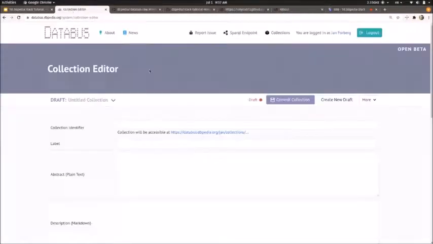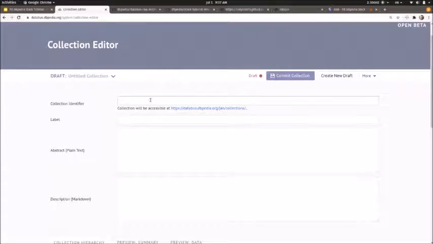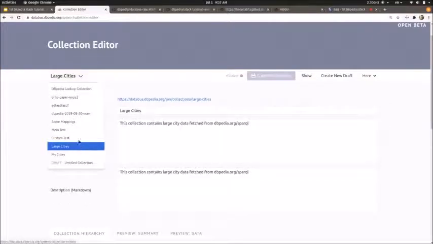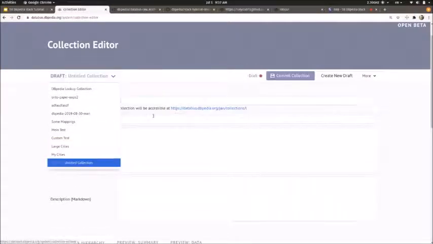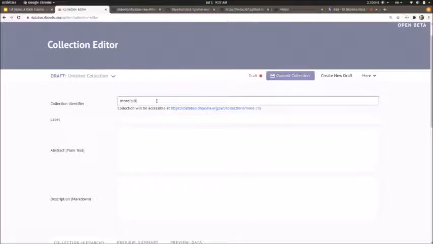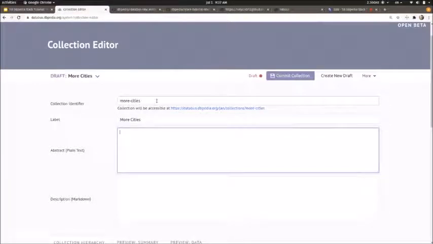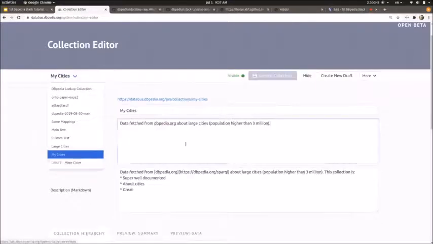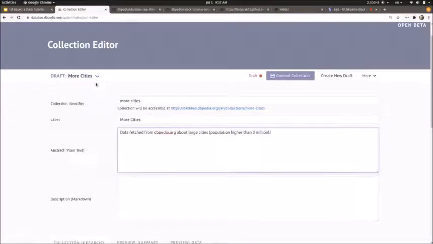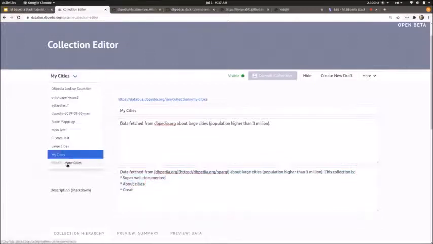Right, so the data collection has to be published somewhere, and it will be published under my username /collections/something, and that something is the thing that I have to type in here. So let's, do I have large cities already? Yeah, I already have my cities, so I will call this one more cities. Type in a label, type in some description. Let's not do anything super fancy here. I'll just copy that stuff from my other collection and